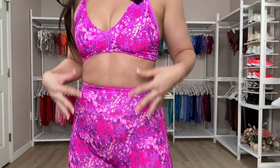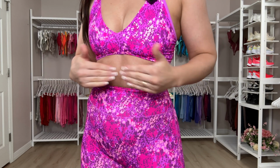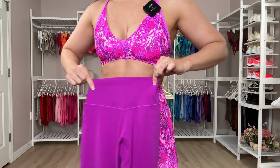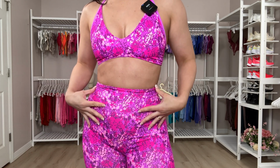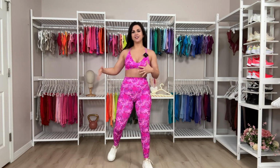So we have a ton of colors that you're gonna see in other pieces in this collection that you can easily mix and match with. Sneak peek, you're gonna see the color Grape Juice. This is the aggressive scrunch. Boom, there you go. You can just stick with a printed top or vice versa. Grape Juice is perfect. There is that Pop Rocks color in here that launched about 2 years ago. I believe it's been 2 years. 2 years? 1 year. I honestly don't know. There might be pieces you already have that can match this